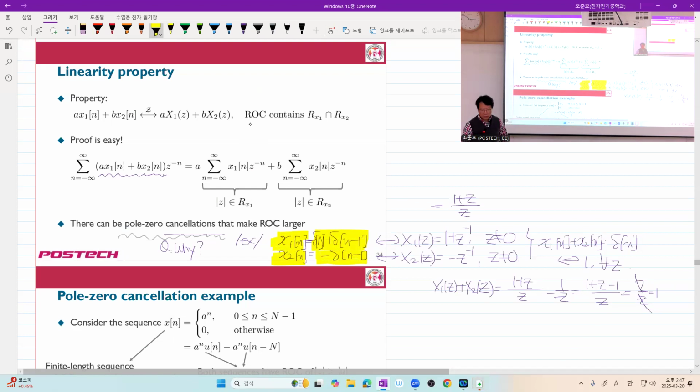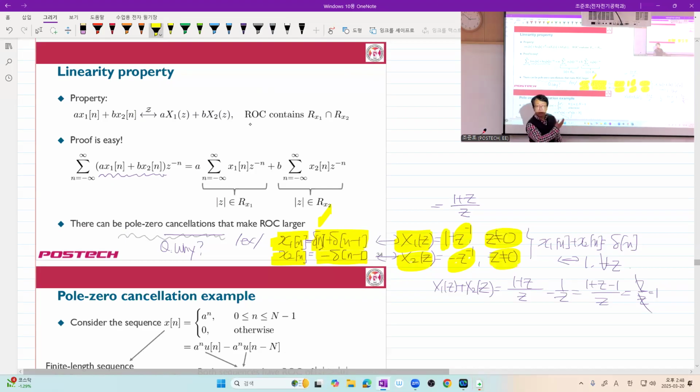Now let's consider the Z transform of the first one. The first term becomes 1 and the second term becomes z inverse. So the region of convergence is this one, right? What about x2? x2 is negative z to the negative 1 and the region of convergence is that one. So they have the same region of convergence. Now let's sum them up. Then your x signal is simply delta of n, and this signal has a Z transform of 1 for all z. And z now can be 0,